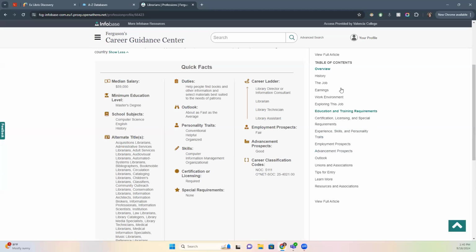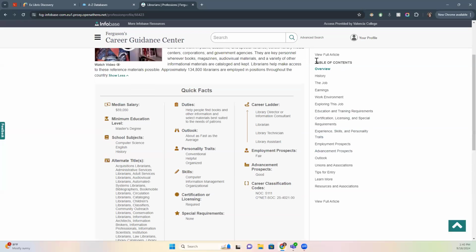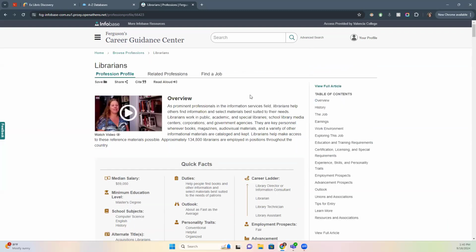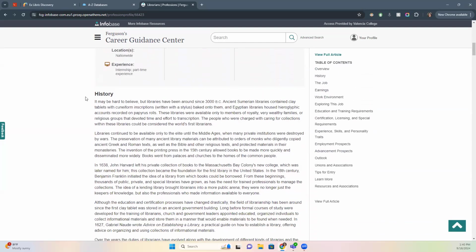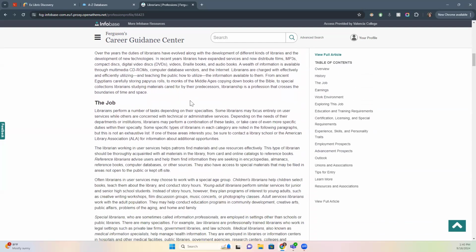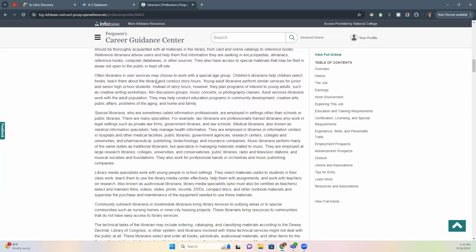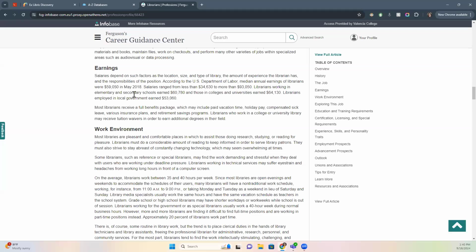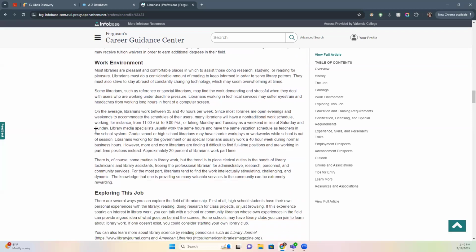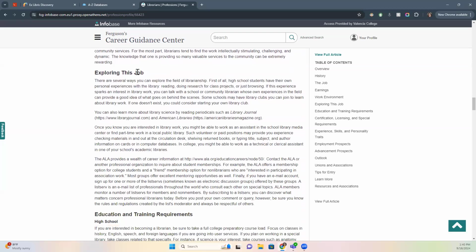You can look over to the side at this right menu where you'll see the table of contents, and you can either view the full article or you can click into these headings to search for specific aspects of the job. If you view the full article, you'll notice it still has quick facts at the top, but if you continue scrolling down, you'll see a history, more information about the job, potential earnings, what the work environment is like, an exploration of the job,